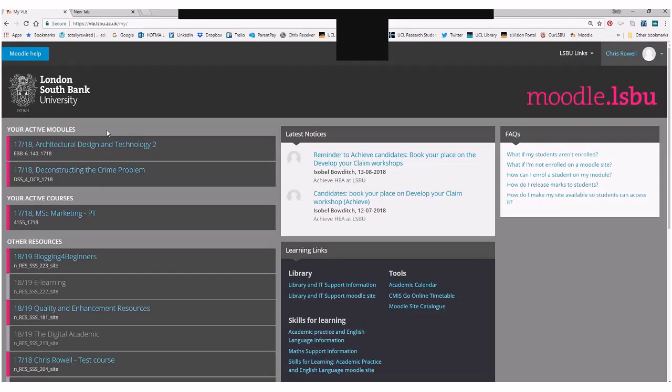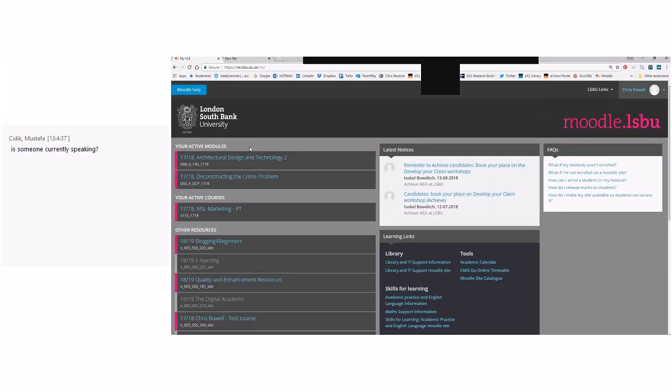So as soon as anybody comes into Moodle, they will land on this page, and at first sight, if you saw last year's version of Moodle, it does look quite different, but actually it's really mainly to do with the colours that have changed. So it looks different in that respect. So in terms